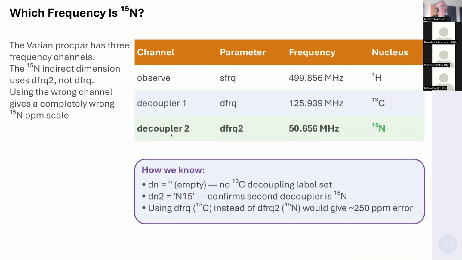Similarly, for the 15N axis, there are several frequencies given as reference frequencies in these old-school files, where you have to find SFRQ, DFRQ, and DFRQ2. And through this, you can identify the 15N frequency,